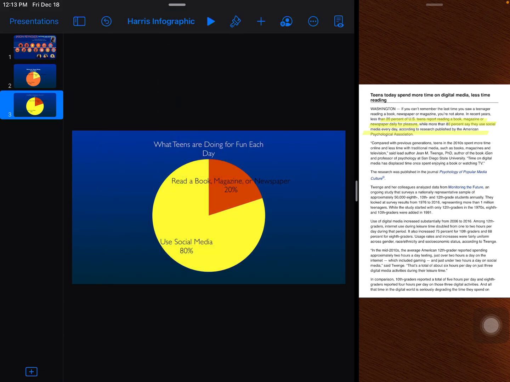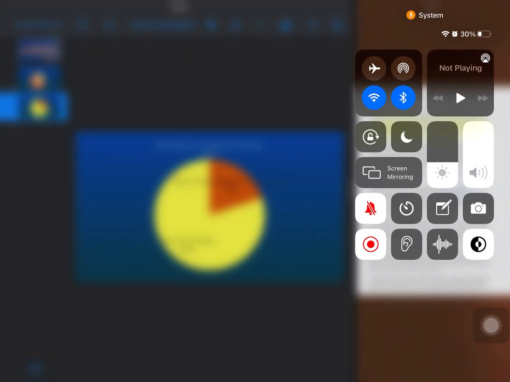All right, so writers, this is how you insert a pie chart. So happy writing, and